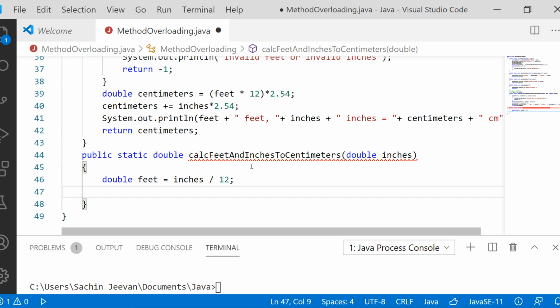At the same time, if it is 145, you cannot divide it equally by 12. You will have remainder 1 inch. When you divide inches by 12, you get quotient and also you get remainder. So you have some remaining inches which cannot be converted directly into feet.